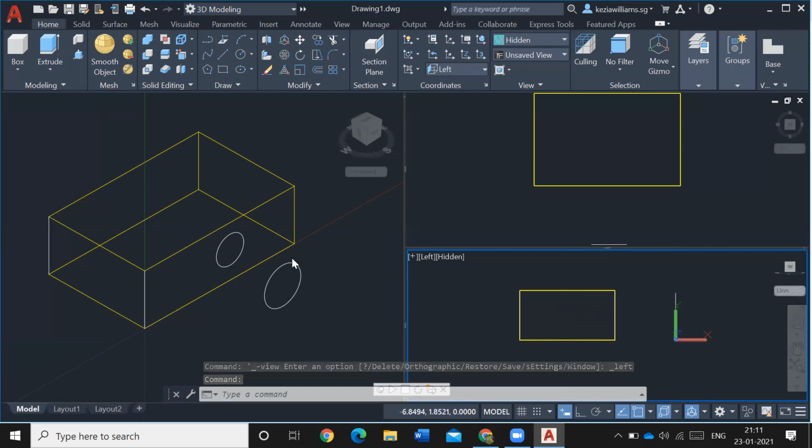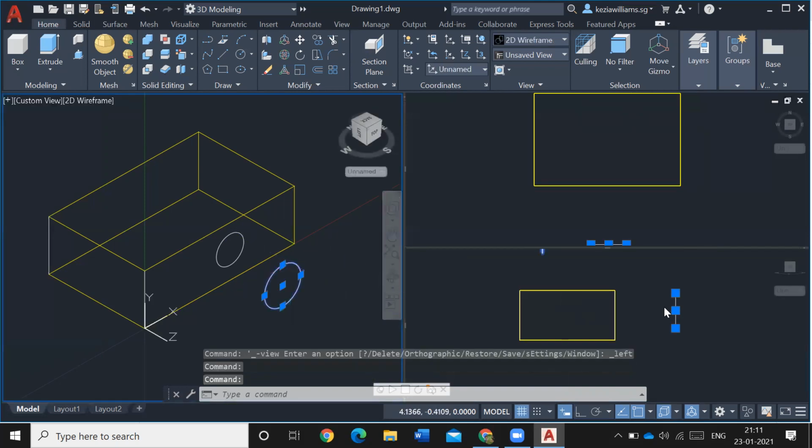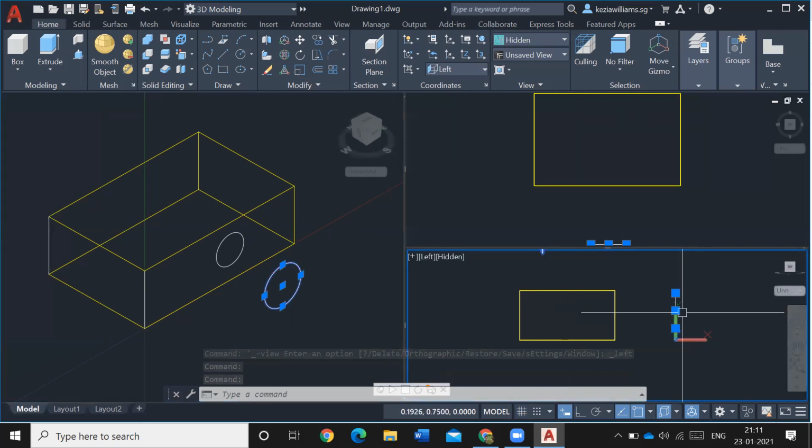This circle is exactly at this point. You know why? You see here, your XY is there. Because your XY is there, that's why your circle is at this point. When you draw here also, it doesn't get it, because your X and Y was at this point. Understand? Understand, sir. Very good.